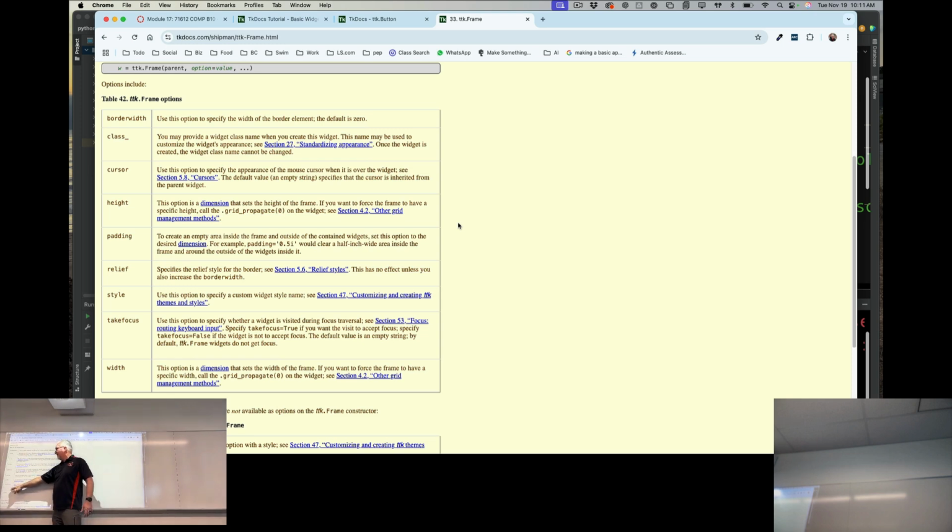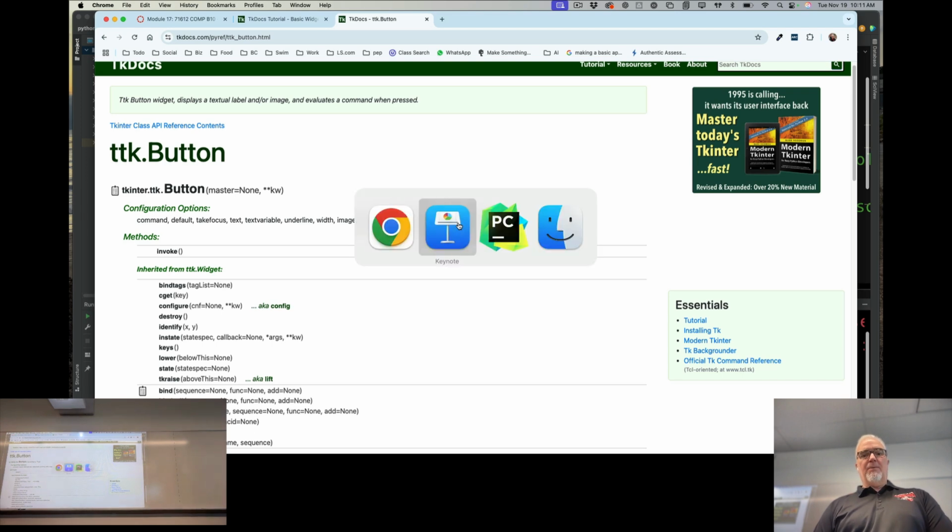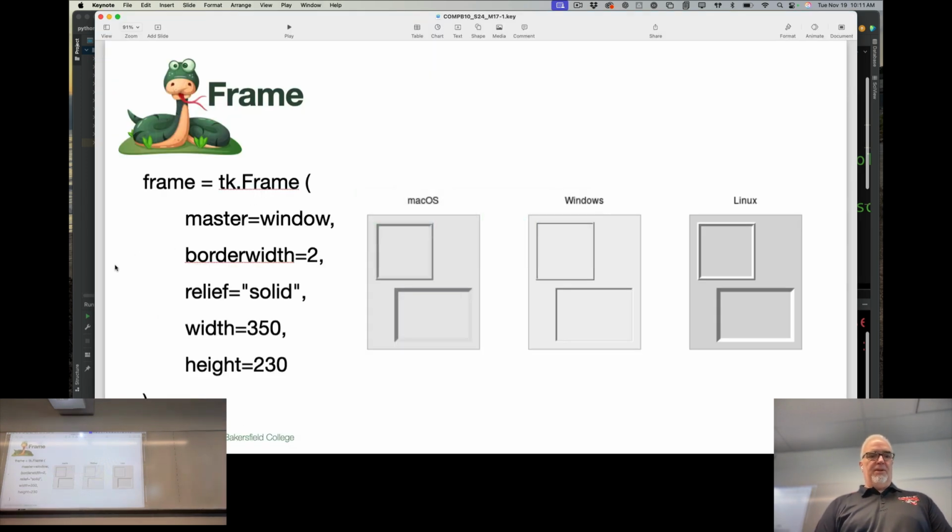But here are all of the things that you can change. You can change the cursor, the height, the padding, the relief. So you can find out what are the possible things that I can do. And there's a lot of stuff that you can do optionally. Most of it's not required to make the program work, as you'll see really quickly here. So moving on,